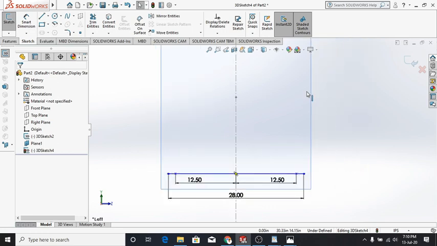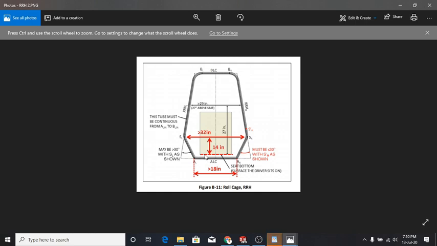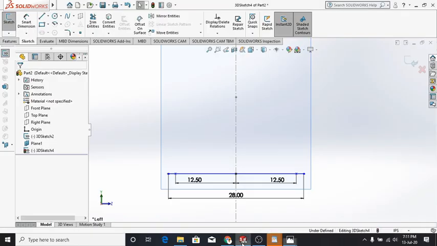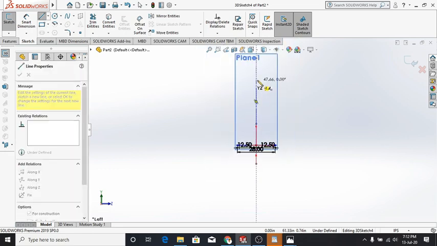Okay, now so going to the rules back once again. Here we have the rule that will be after the ALC. Now we have a distance here, this red dotted line that indicates the seat bottom, the surface on which the driver sits. So for that, let us take 3 inches from here. Okay, so from here let me make a line, just a reference line.